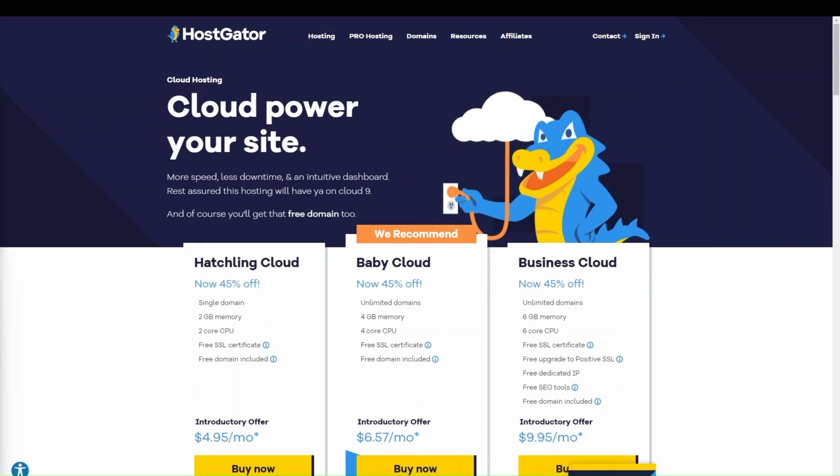So if you've used cloud technology before, things like Dropbox or Google Drive, the rest of the concept of cloud hosting is very familiar. Cloud hosting usually costs more than shared hosting, not by a whole lot, but it also makes it easier for your website to scale as needed, and it tends to support faster load times even when your website gets a lot of visitors. Some of the pros of cloud hosting is that it lets you access the features